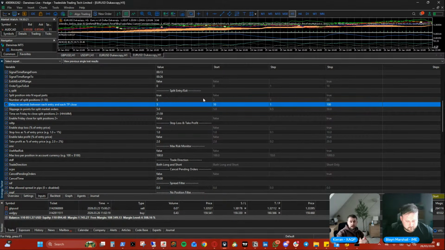It will split your targets. So if position 1 hits target, positions 2 through 3, 4, 5, 6, 7, 8, 9, 10, they won't have targets set. And what it will do, every tick, it will check if position 1's hit target. Then it will set the delay again. So after 5 seconds, position 2 will close, position 3 will close, position 4 will close, and so on and so forth. However, the caveat to this is all the positions will close at the same time if the stop loss is hit, because you don't want a delay on that. So the stop loss doesn't get affected. But the goal here is to reduce your toxicity in entering and in exiting.